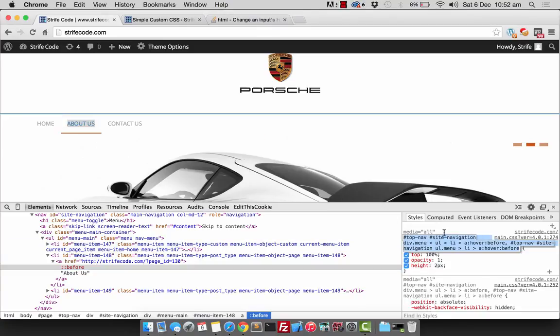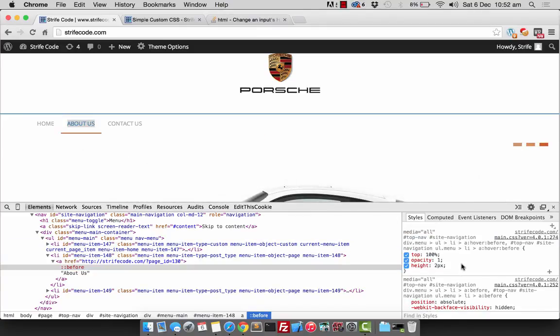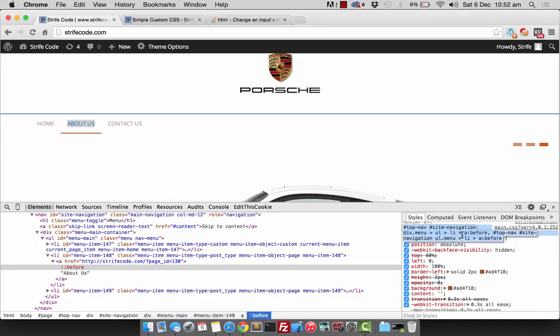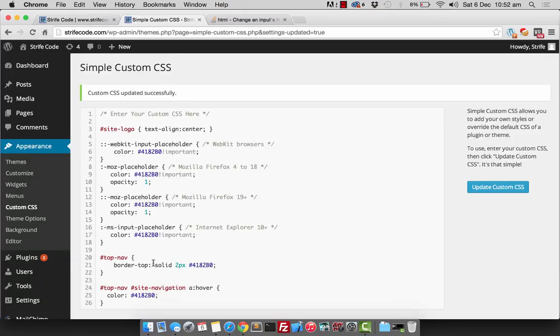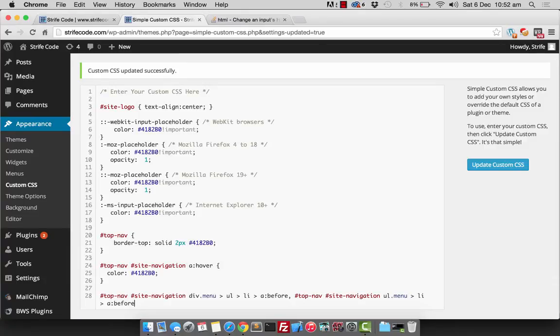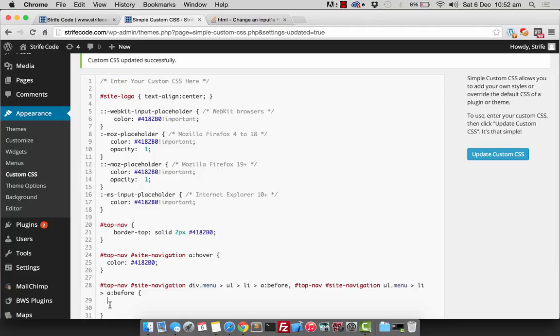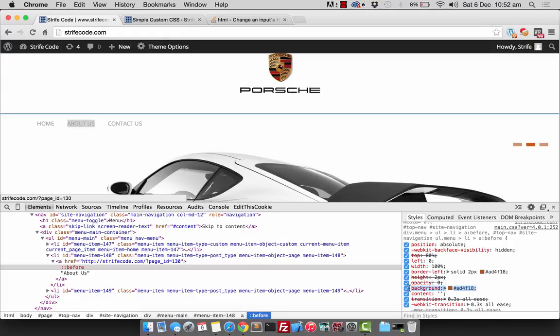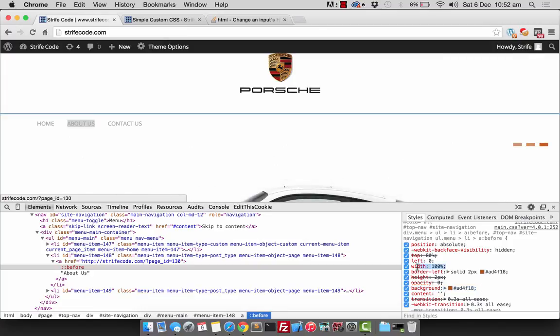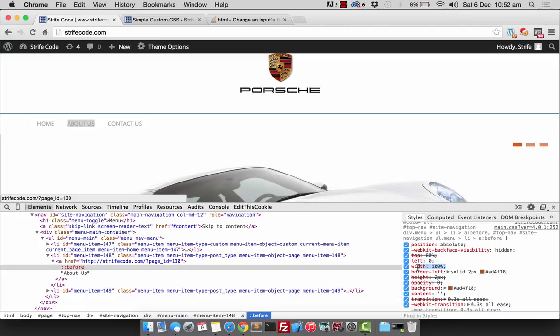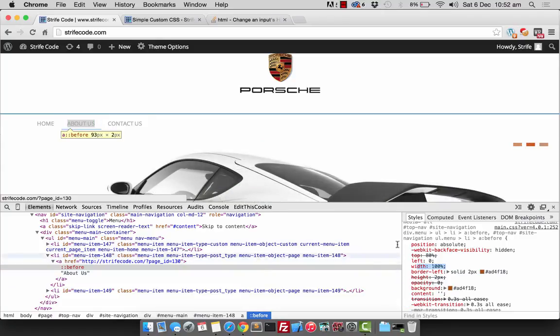So let's use this selector here. This is hover before this selector here, and paste it back to our CSS codes. The only thing that we need to change is the color. So let's change the, if you remember back from the code, the background color. Because this is a plain content, and it has a width of 100%. So that means whenever it will select the whole width of this A element,